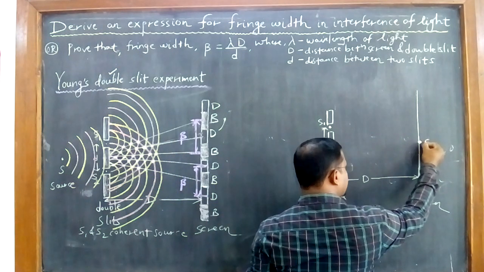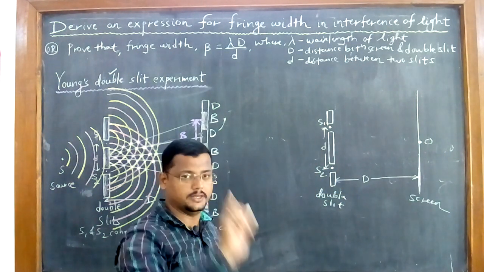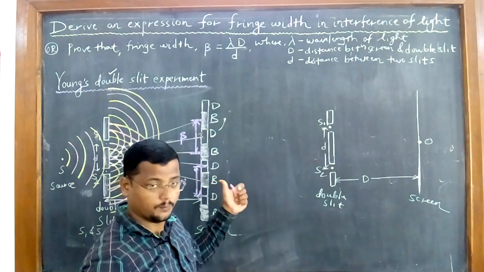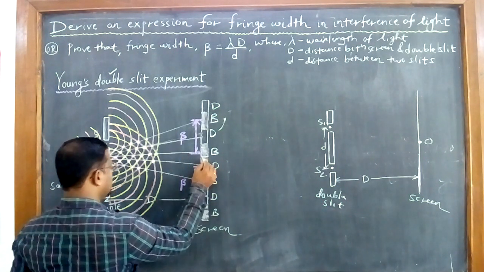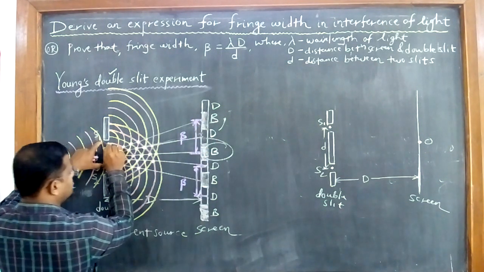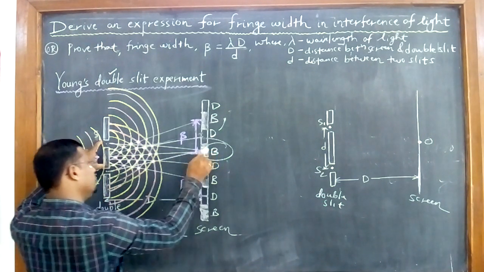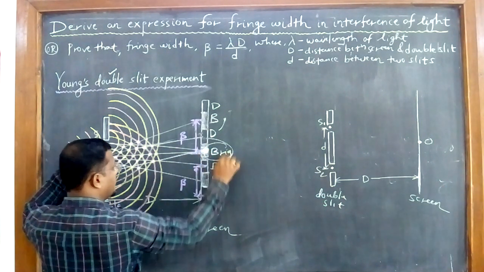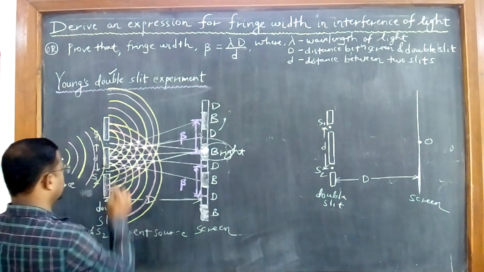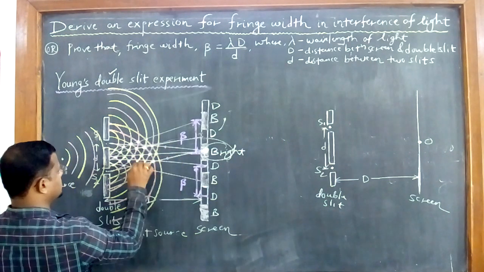Now this is the center of the screen. Always at the center of the screen you will have the brightness. Keep this in mind, and I proved here by diagram also. This center of the screen has the same distance from S1 and S2. So it is the center of the screen. At the center of the screen always we are going to have brightness. Why? I can prove it. Just see here. I will make 3 parts here.